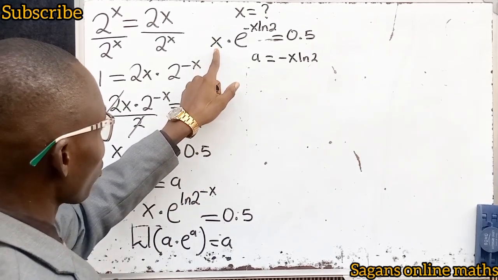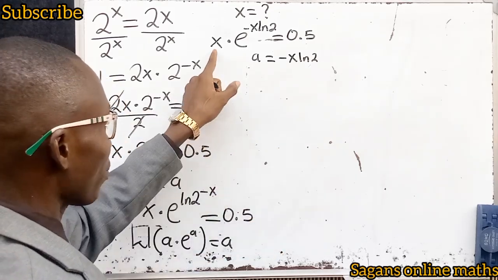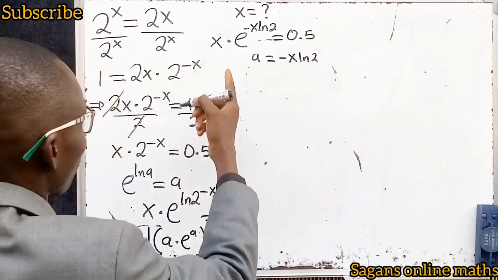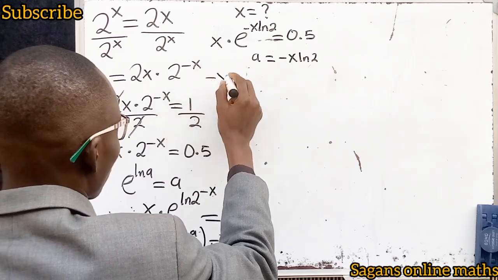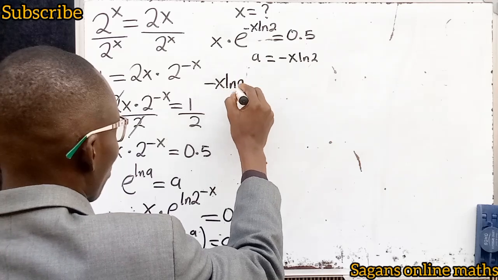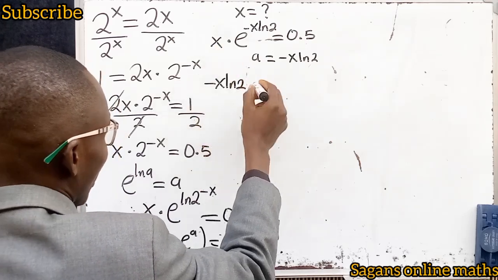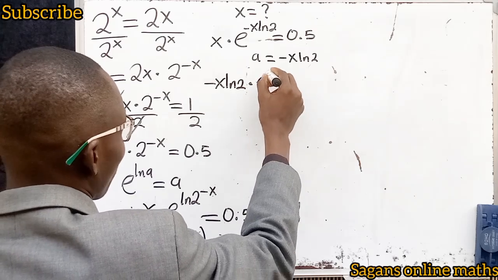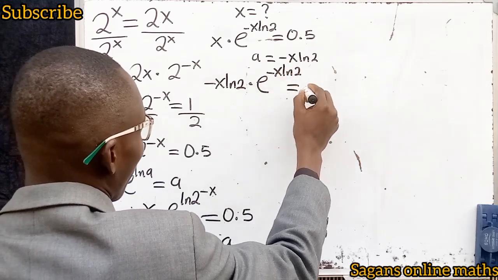Since we have x here, we have to multiply both sides by minus ln 2, so that we can achieve minus x ln 2. So if we multiply this by minus ln 2, what I have is minus x ln 2, because remember that x was here already. Then multiplied by e raised to the power minus x ln 2, equals to minus